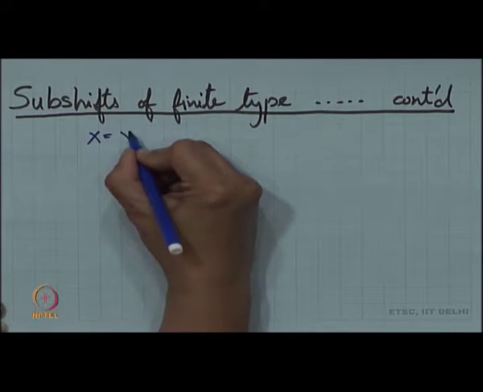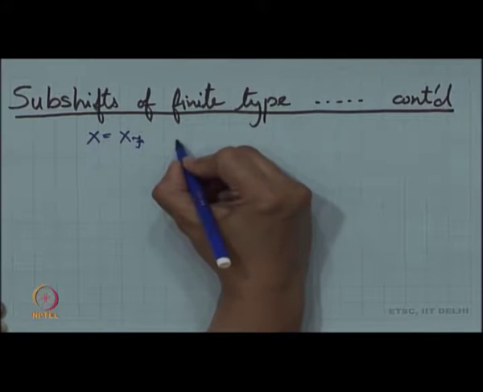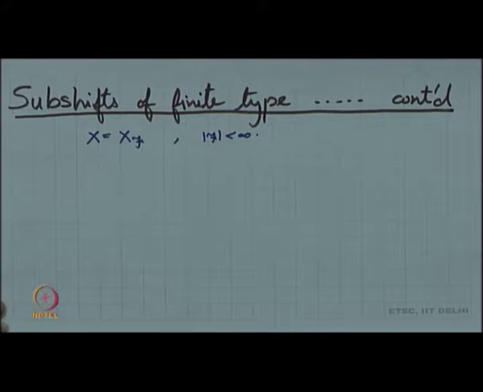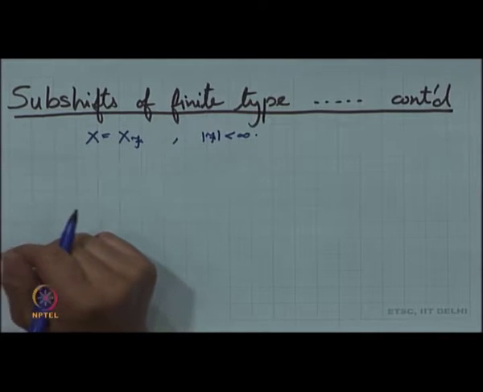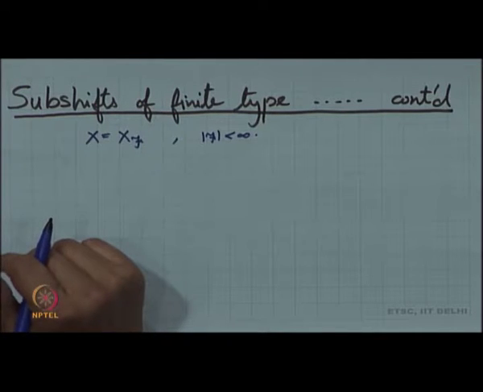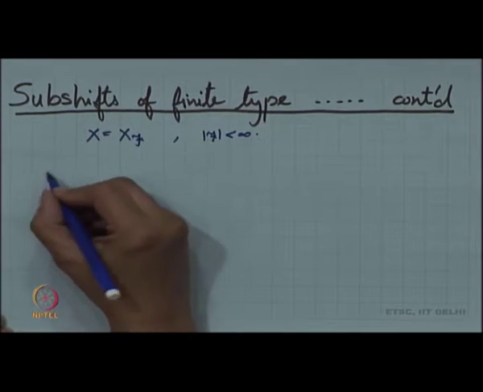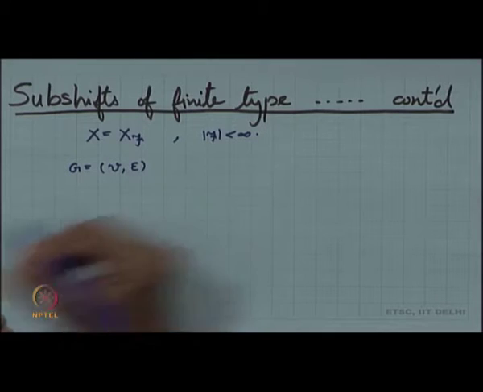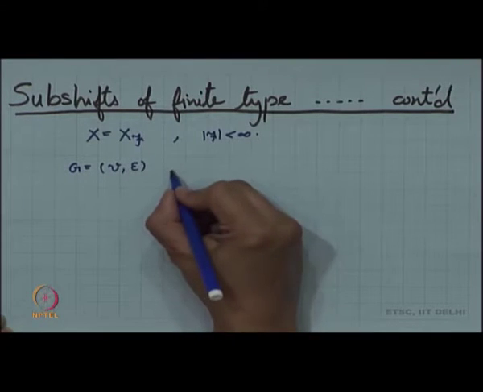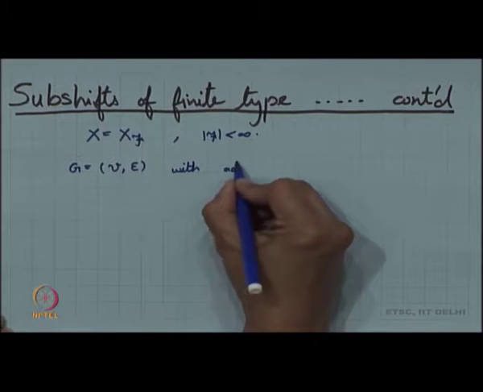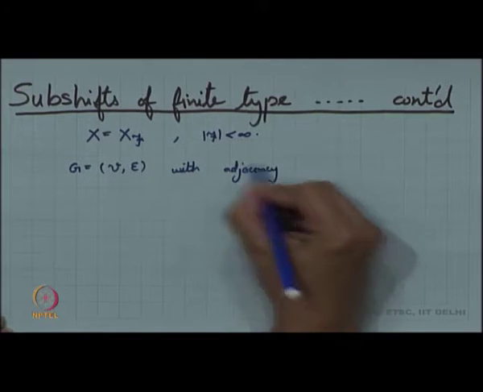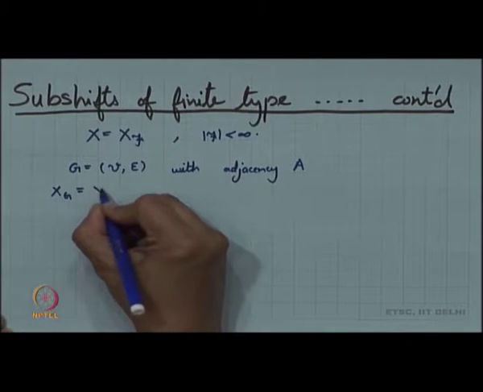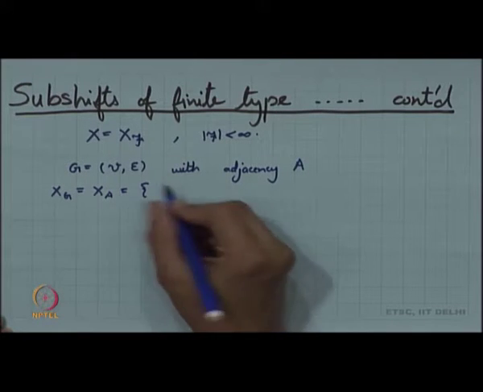So, a subshift of finite type is basically a shift space for which the representation of forbidden blocks is finite. And we had seen something else over here: we have a graph G, where V is the set of vertices and E is the set of edges. Then for this graph G, with adjacency matrix A, we can define a shift, which we can call X_G or X_A, to be the set of all